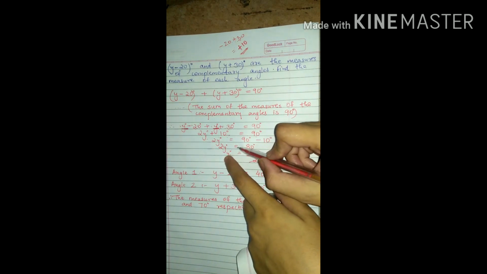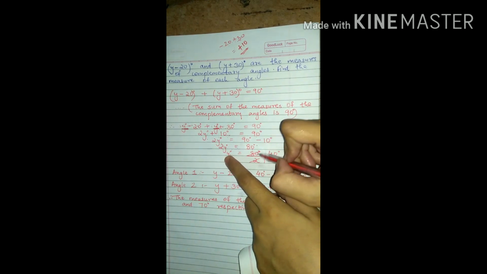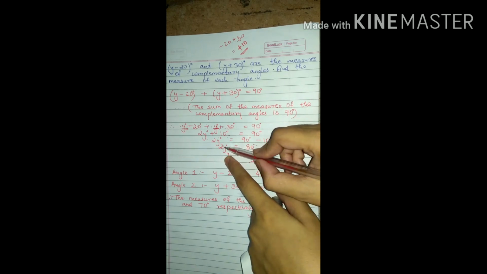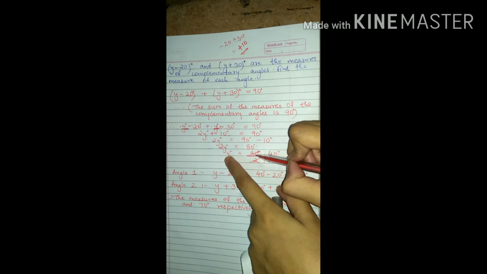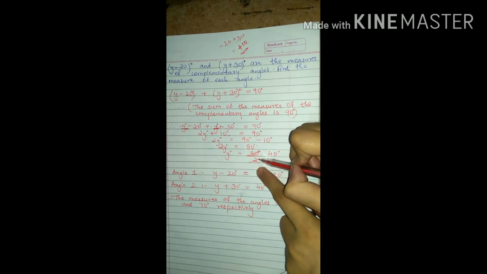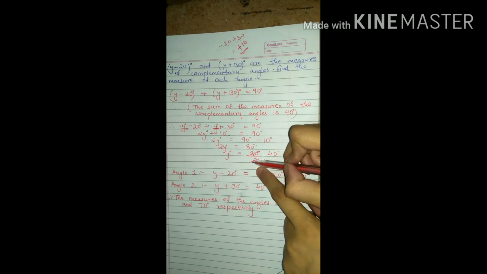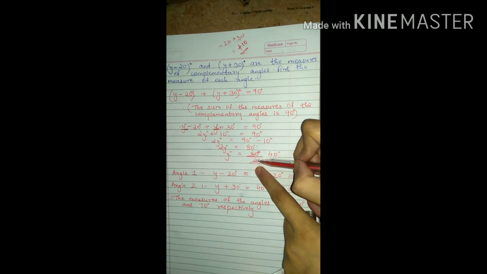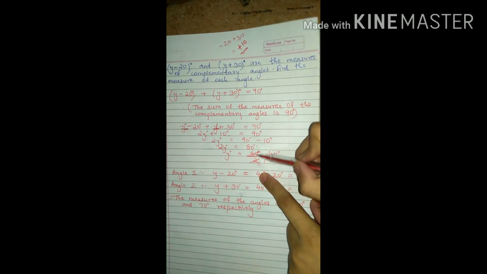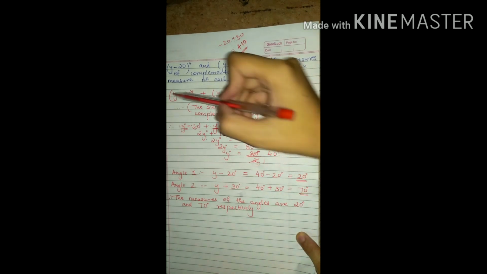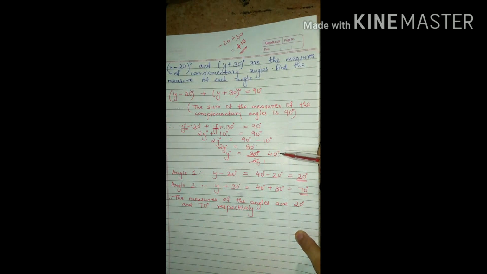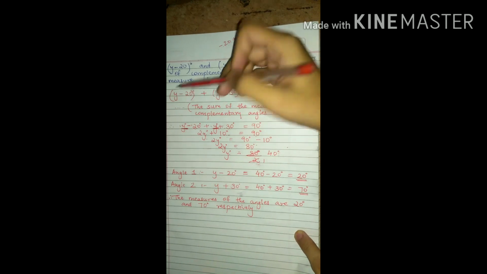2 going other side of equal to will be what? 2 is in multiplication. So if 2 goes to the other side of equal to, it will get what? Divide. So 2 shows division sign. So 2 comes down. Then what? 2 ones are 2, 2 fours are 8, 2 zeros are 0. So how much we get? 40 degree. So y, only y, the measure of only y, this y turns out to be how much? 40 degree. So measure of y is only 40 degree.